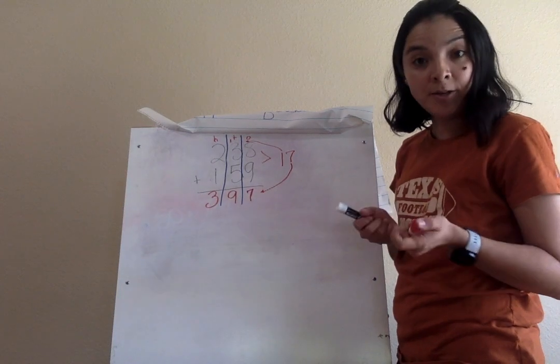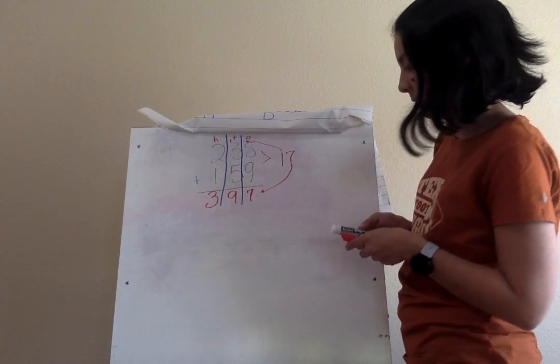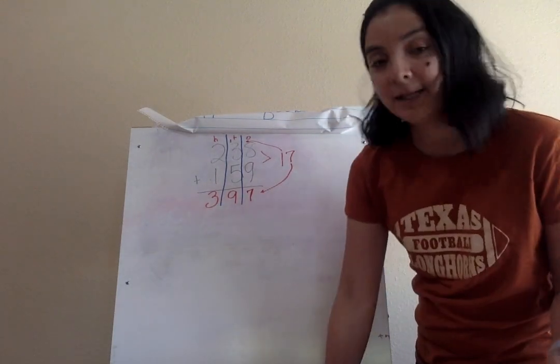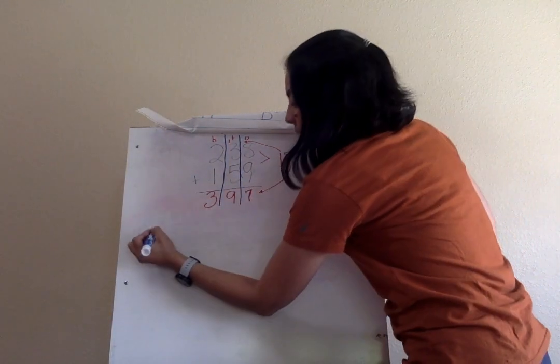Now we're going to find another strategy to solve this problem to check our answer. It's always a good idea to check your answer. And our second idea is that we're going to expand. We're going to write our numbers in expanded form. So let's start with